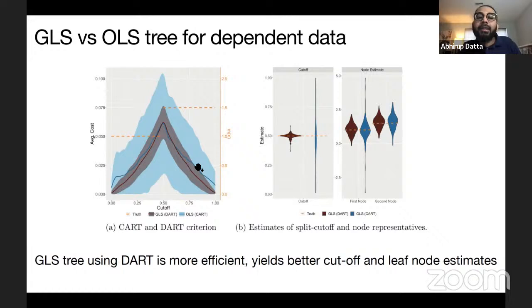This is the same thing that you see in linear models: if you have dependence in your data and you ignore the dependence, you will have higher uncertainty. Whereas if you use the covariance that matches the dependent structure, you get more efficient estimates. So it's the same pattern we see when going from a linear model to a regression tree using the GLS loss.